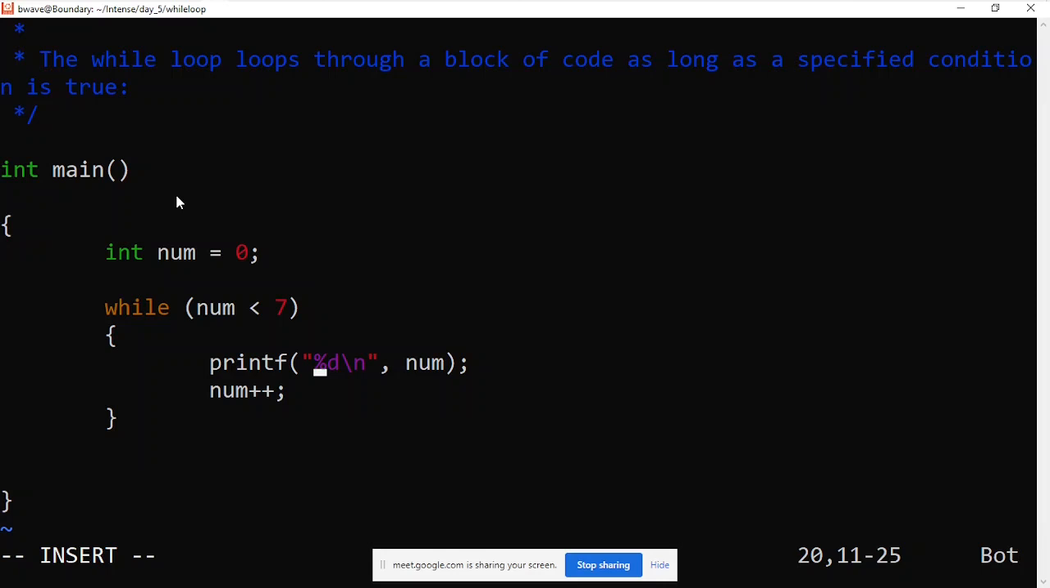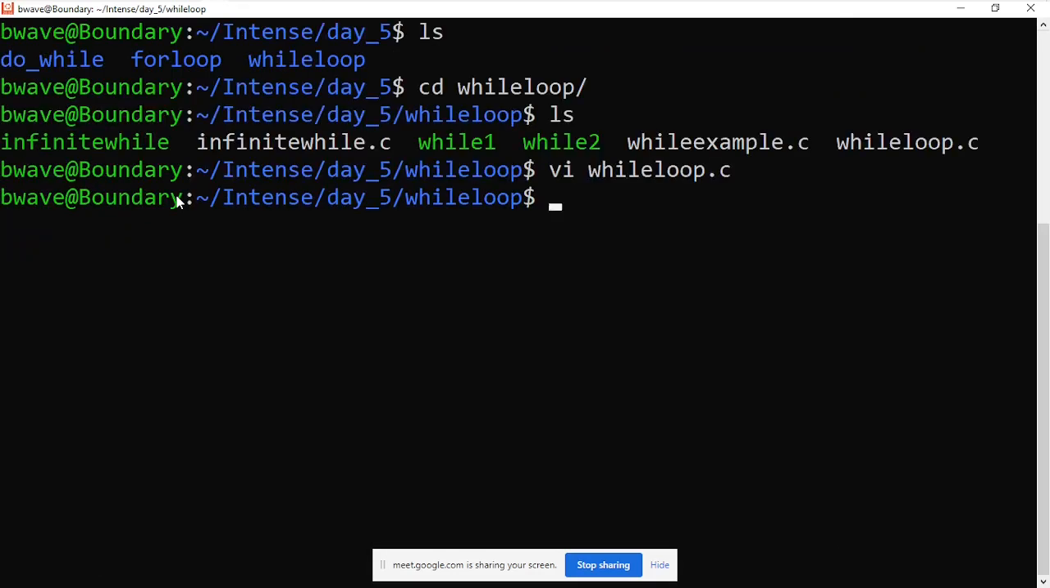Let's go ahead and see. You said what? 0 to 6. So we have two answers now, and let's try to compile our code to see what would print out. So we can do GCC while loop .c